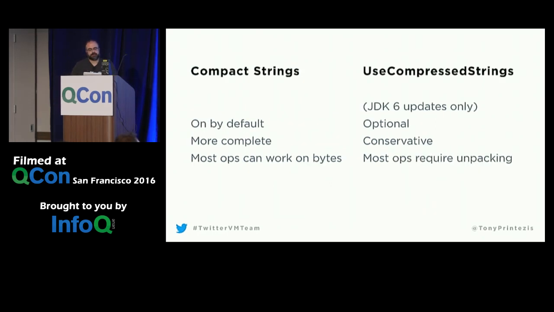Folks might remember, does anybody remember this? In JDK 6 updates, there was an option, UseCompressedStrings, that did something very similar. Okay, anybody remember it? Yeah, a few people? Oh, yes, Gil. Hi. So this is similar, but it's done kind of properly, in double quotes. The compact strings are actually a much bigger project. It is on by default, because there's very little overhead, even if you use a lot of Unicode. You just don't get the footprint reduction, but there's not much overhead.